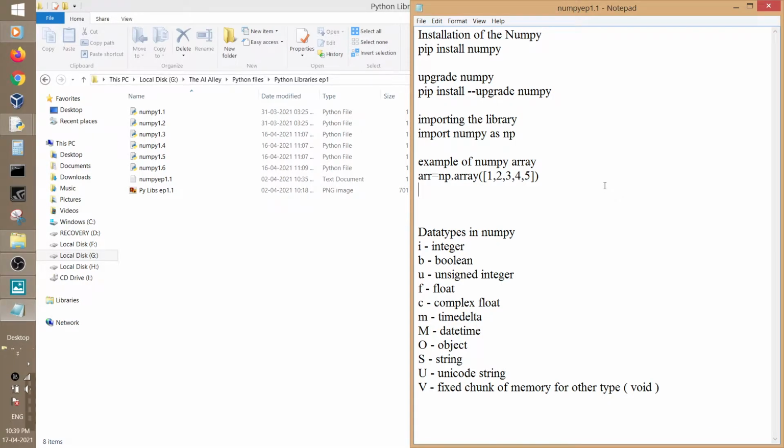So to begin with, if you are familiar with Python and the libraries of Python, and if you have already installed NumPy, then you may be familiar with the NumPy arrays. If not, I got it covered. So the installation of NumPy is pretty simple. You have to follow this command and install it using the CMD.